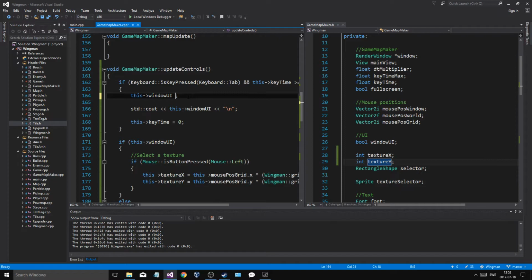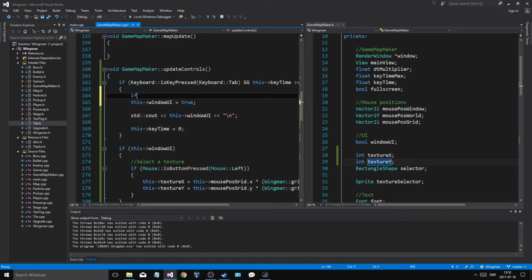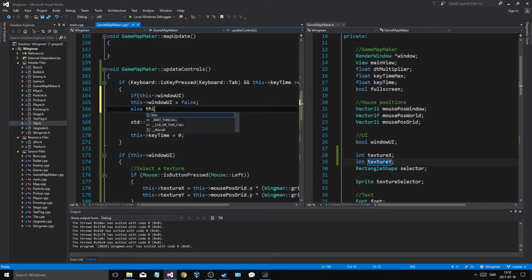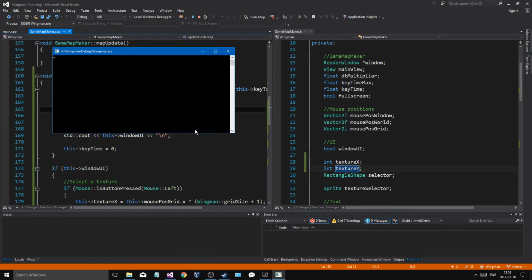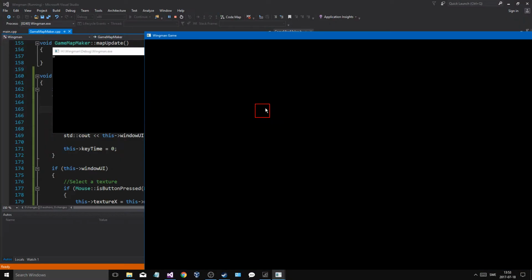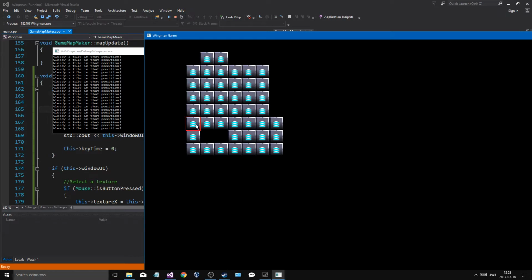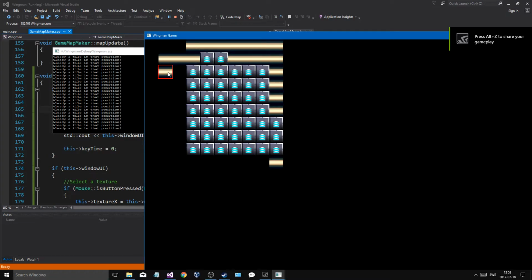Who cares? If this one equals true, if this window UI false, else this window UI true. Simple. It was simpler with the other way, but I don't really remember how to do that, so we'll just say this. Okay, I can add stuff, and I can select something, and now I could select another type of